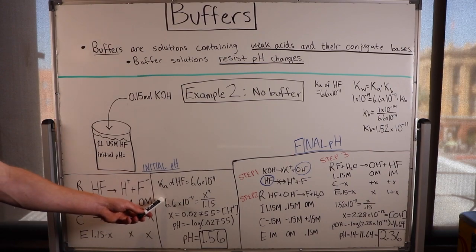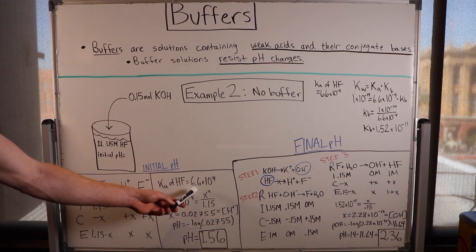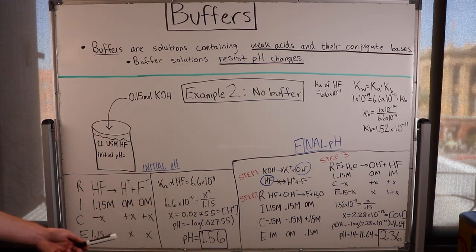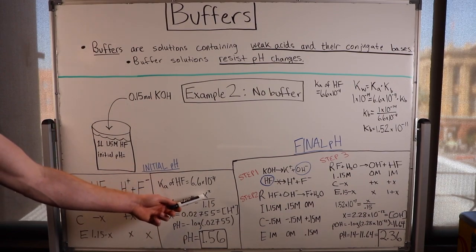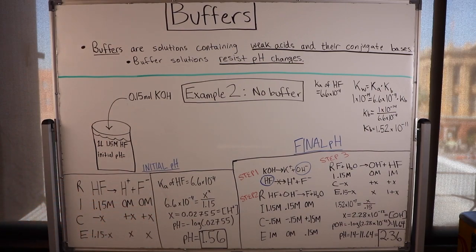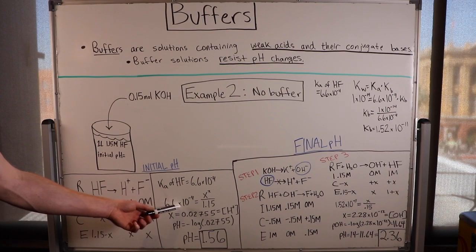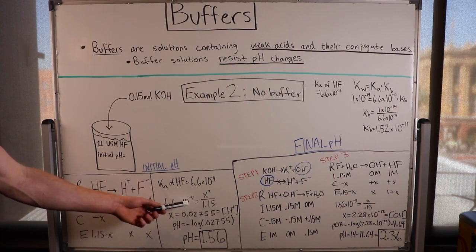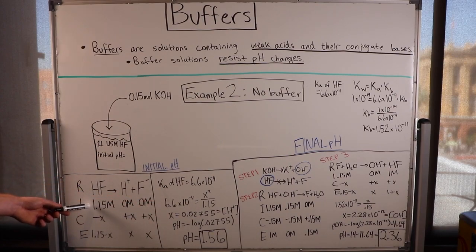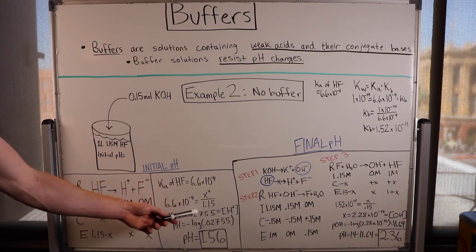So for this we will need the Ka of HF, which you can get from a table, and we do products over reactants. In this case you actually can utilize the shortcut rule, because 100 times 6.6 times 10 to the negative 4 is less than 1.15. So when you solve for X here, you'll get